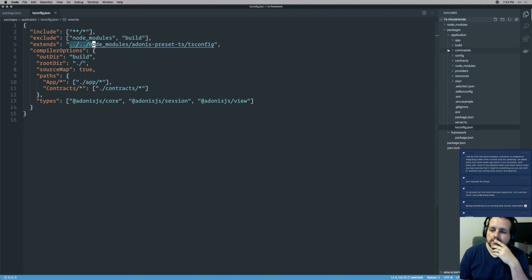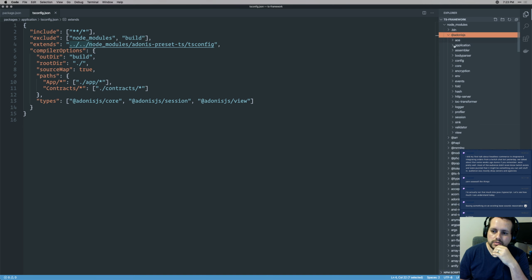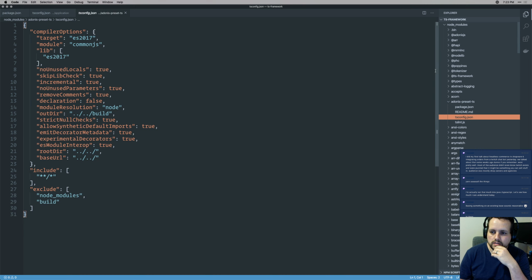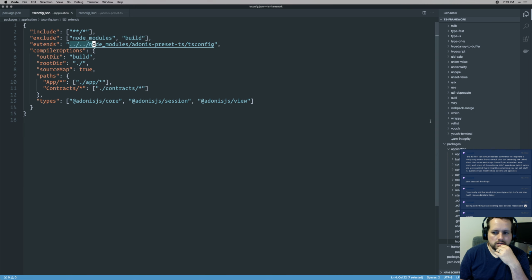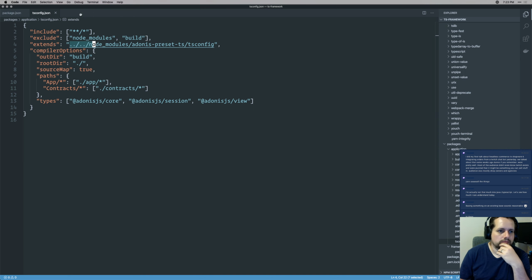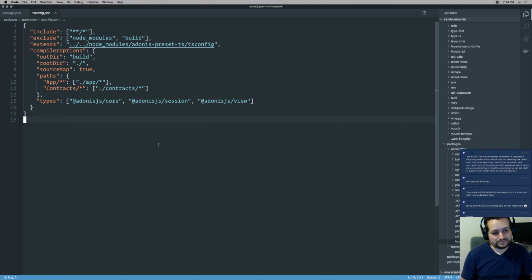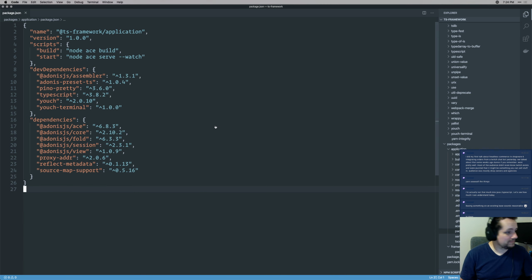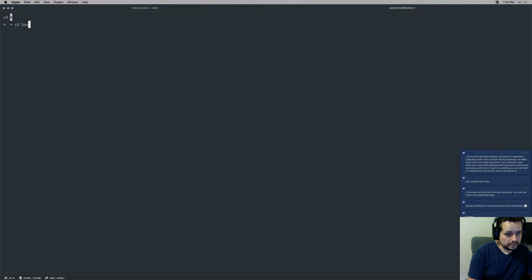Unfortunate as this is, I might need to figure out how to. Where would this be? Adonis preset TS. Adonis preset TS. TS config. Okay. I don't know. What I do know is that I want to get back into this directory, TS framework, packages, or even higher than that,